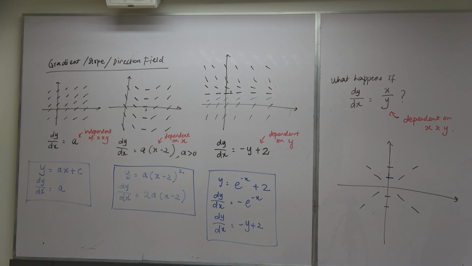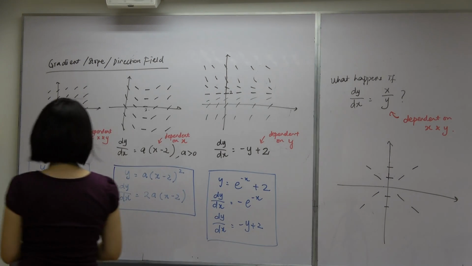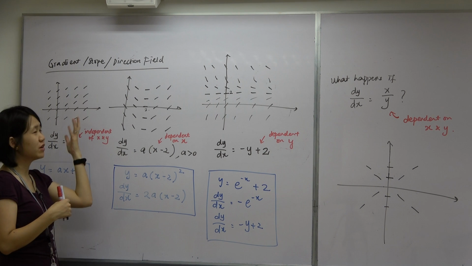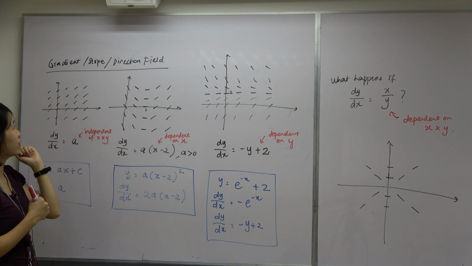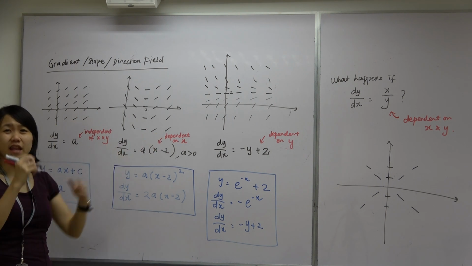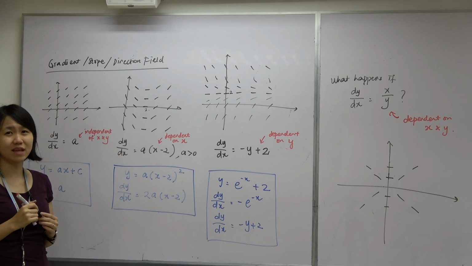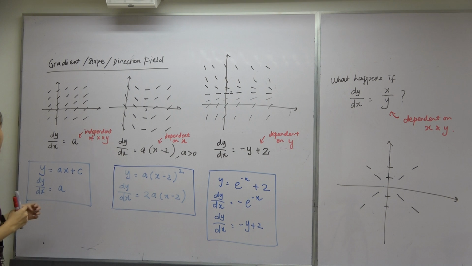Alright? Now let's look at slope field, gradient field, or direction field. Note that a slope field, direction field, or gradient field looks like that. Every slash that I draw on the graph represents the slope at that particular point. So if I were to give you a graph like that, when you look at it,